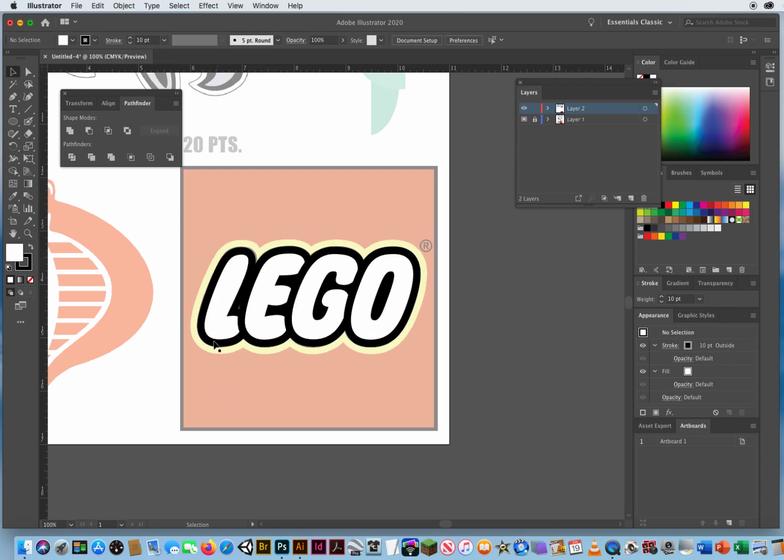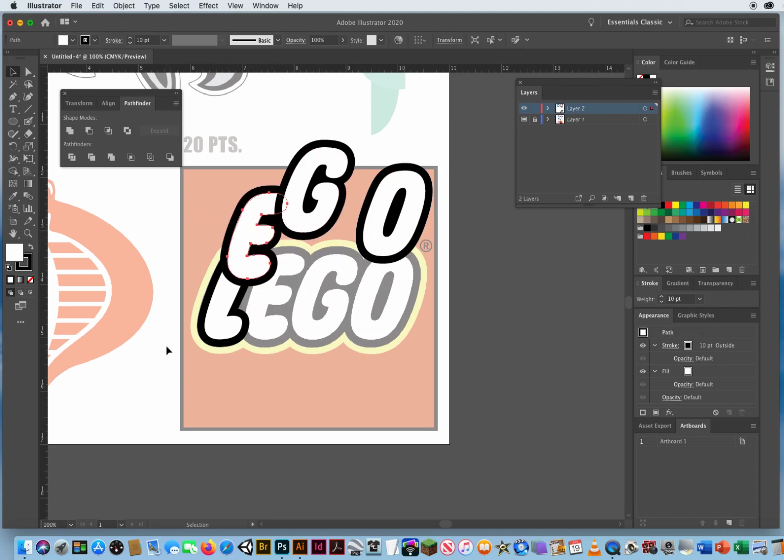But notice what it's doing. The L is slightly tucking underneath the E, is tucking underneath the G, is tucking underneath the O. That's not what the Lego logo looks like. It looks like that: 4 white letters with a black surrounding shape, not an overlapping shape. That doesn't look good. So I somehow have to trick Illustrator into thinking this is one big logo, not 4